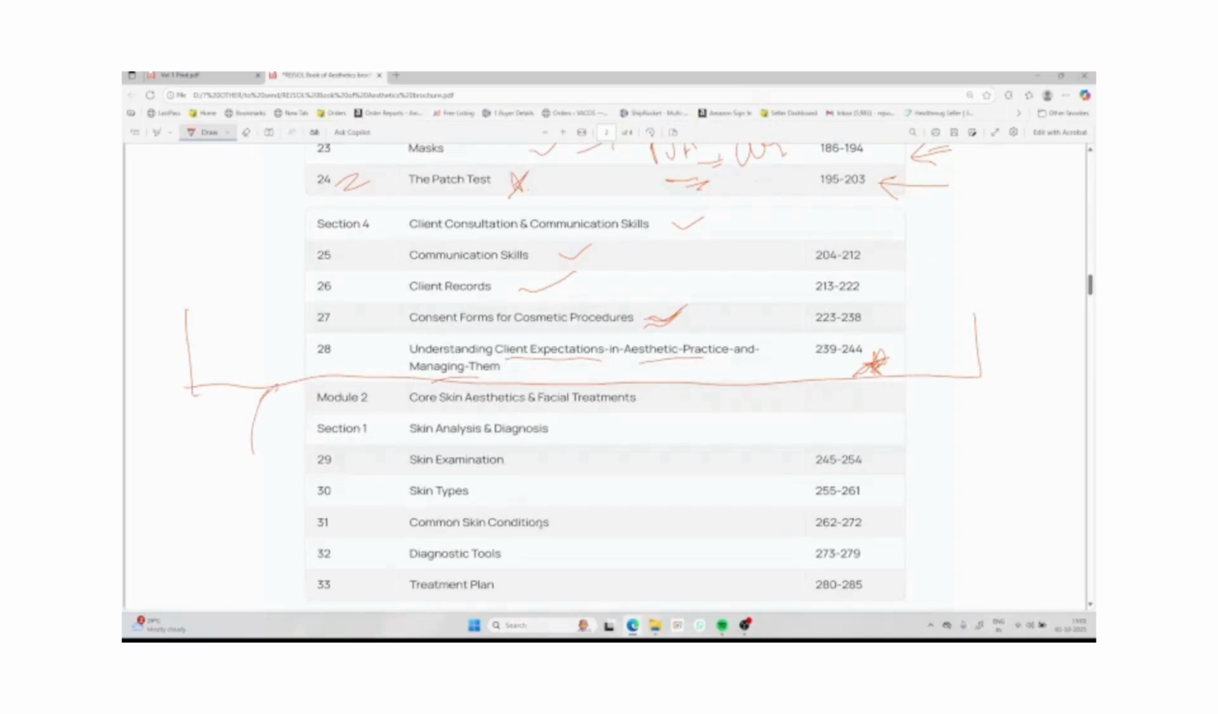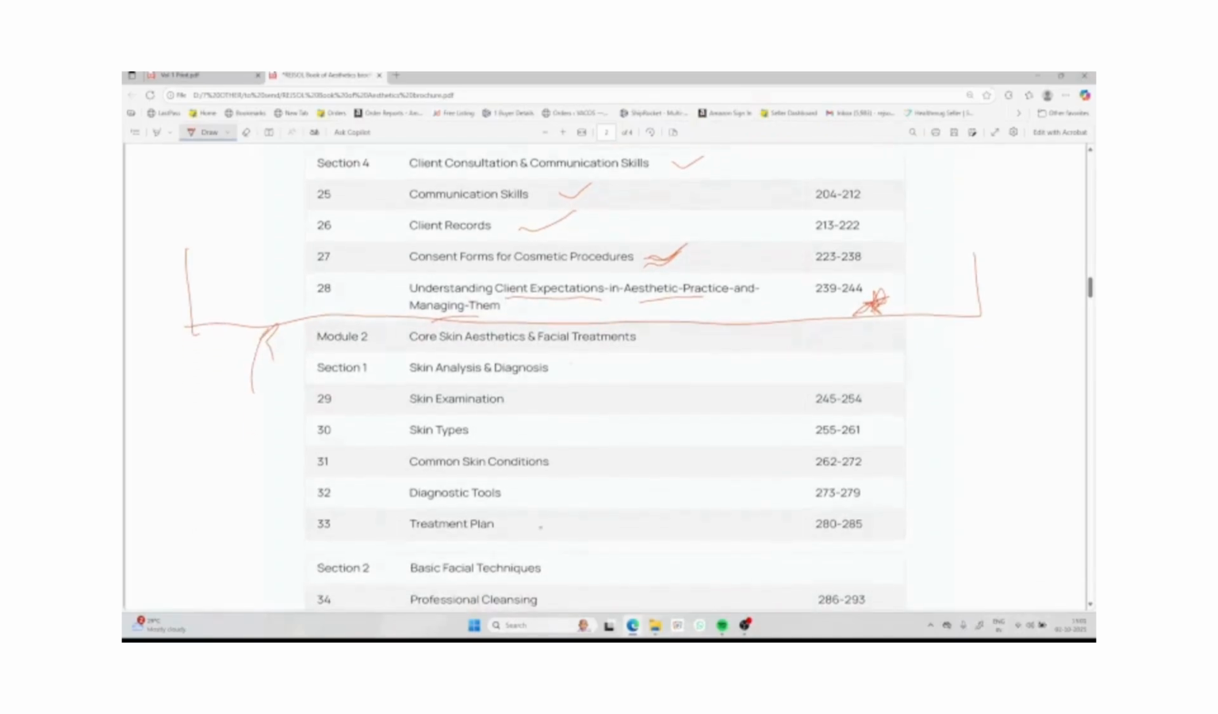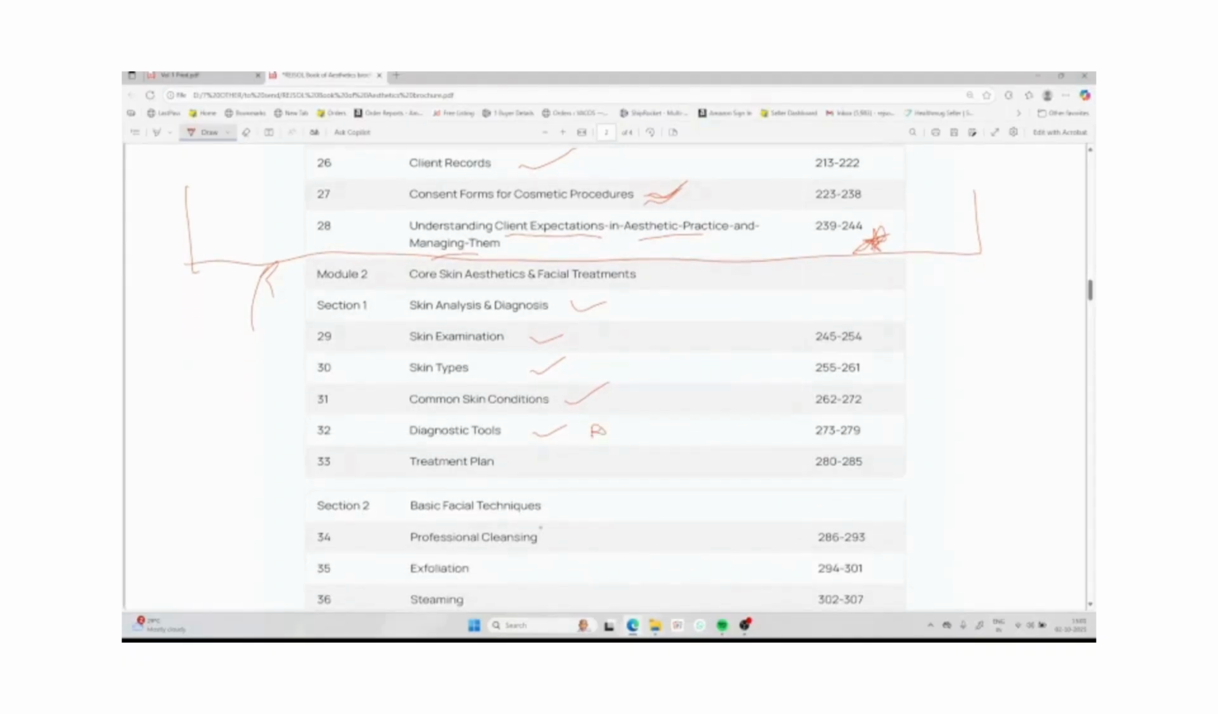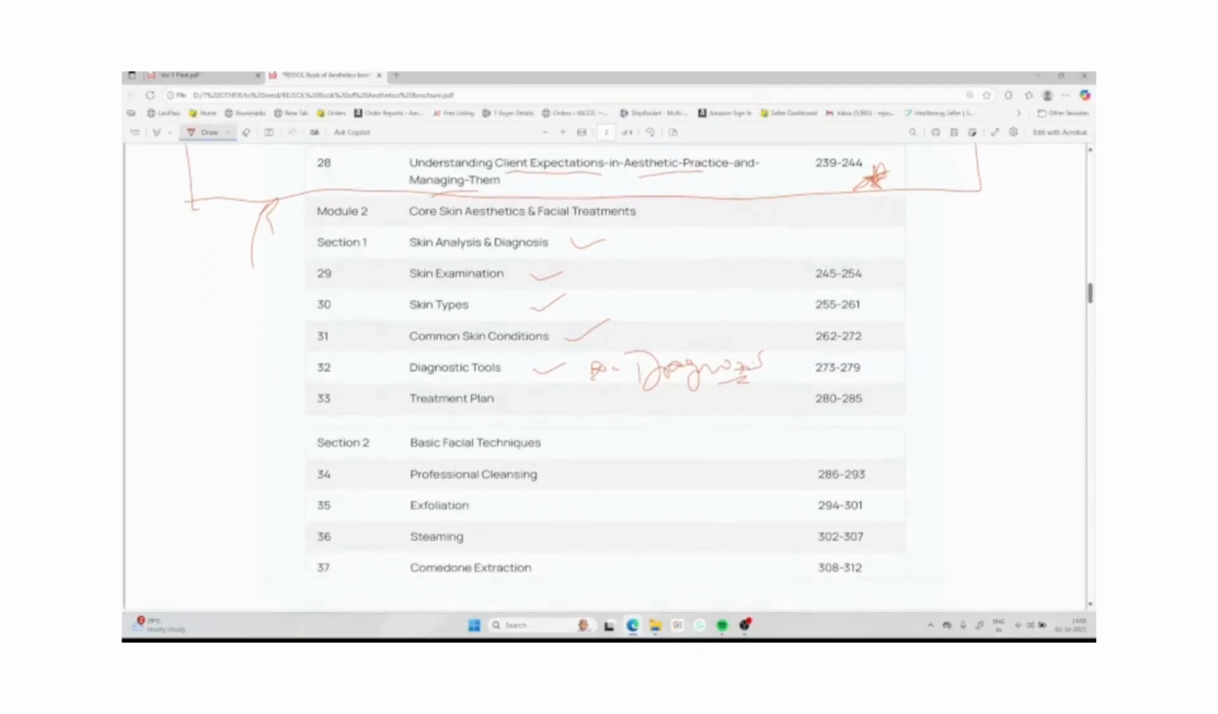Now from here we started the module 2. So analysis and diagnosis of the skin, examination, skin types, what are the skin types, common skin conditions, diagnostic tools, what is blue light, and various tools and various machines that are used for diagnosis of the different skins. Then how you should make a treatment plan. So you have understood what is the issue, what is the skin. Now you have to analyze and plan them, that is discussed in the chapter number 33, page number 280 to